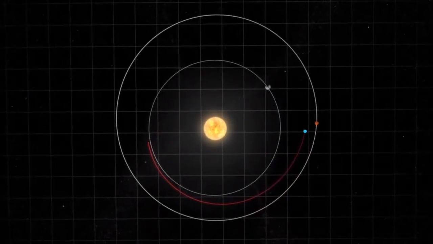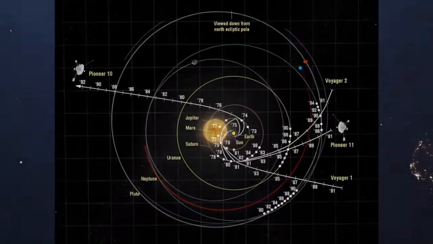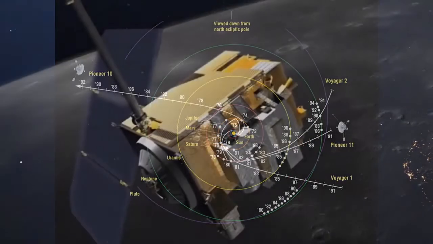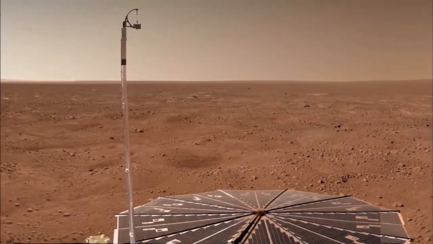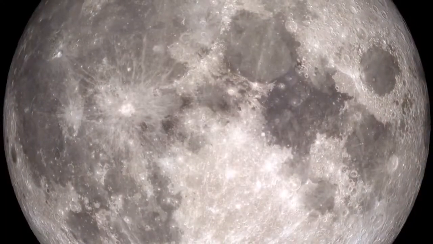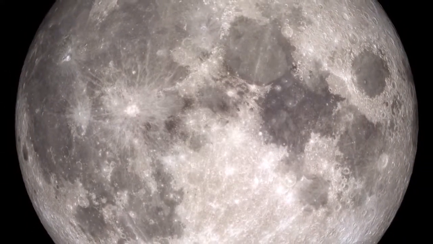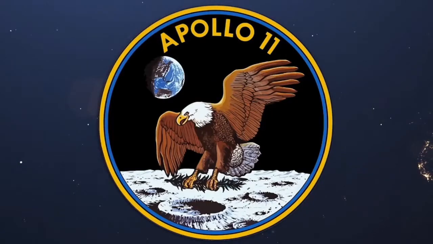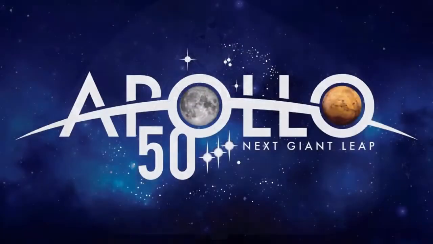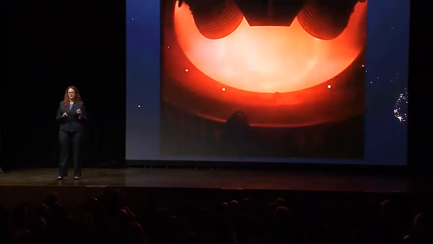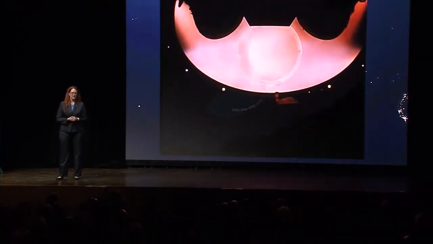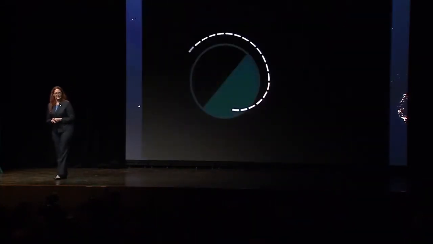NASA's scientists and engineers have gotten really creative in creating trajectories to send robotic spacecraft around and beyond our solar system. But for humans, the farthest that we've gone is to our moon, 50 years ago. In Apollo 11, on July 16th, 1969, 3 astronauts were launched on a Saturn V rocket, leading to humankind's first giant leap. After the first 3 Saturn engines burned, the Apollo spacecraft was placed into a low circular Earth parking orbit, roughly 100 nautical miles in altitude,